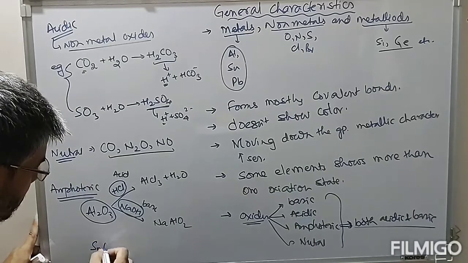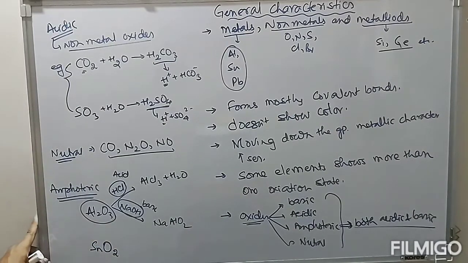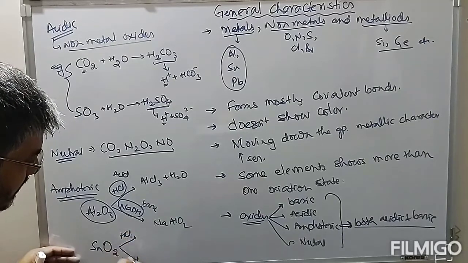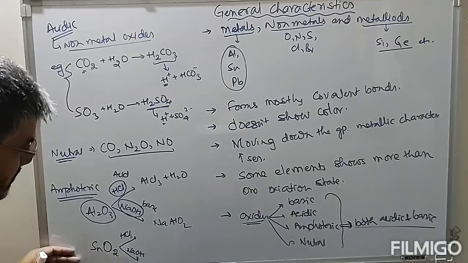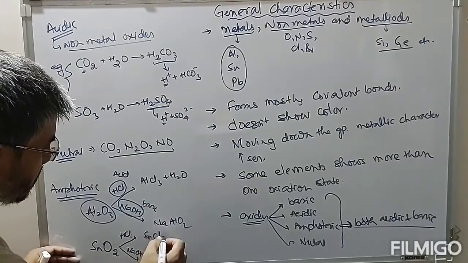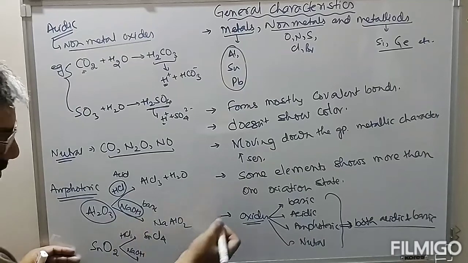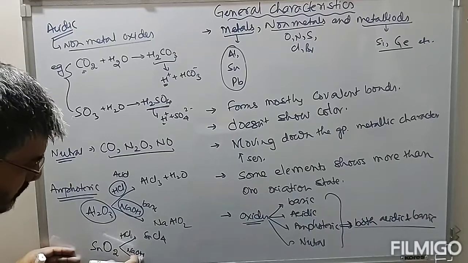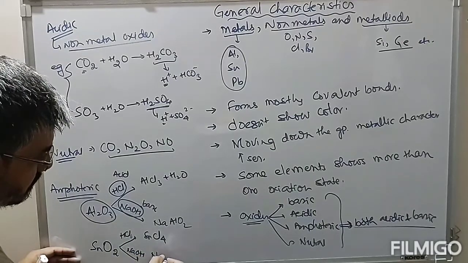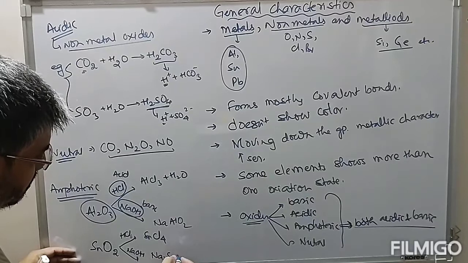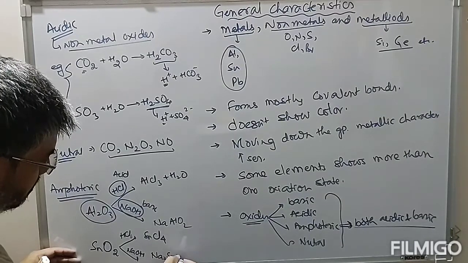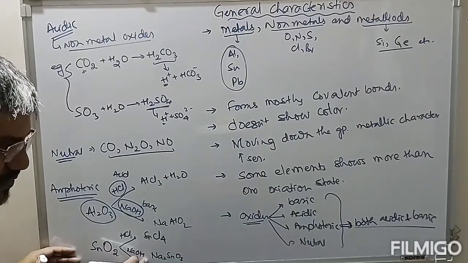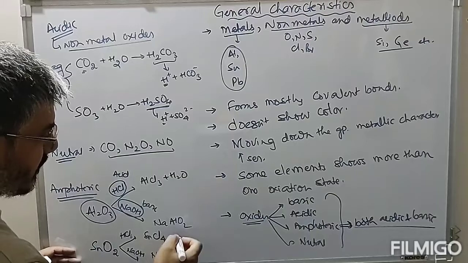Take this SnO2, tin oxide. This again reacts with HCl as well as sodium hydroxide. So we have SnCl4 plus H2O. So reacting with acid, this is basic in nature. This also reacts with base. Stannous oxide. So again look at this. This also dissolves in sodium hydroxide, which is a base. So this is again acting as